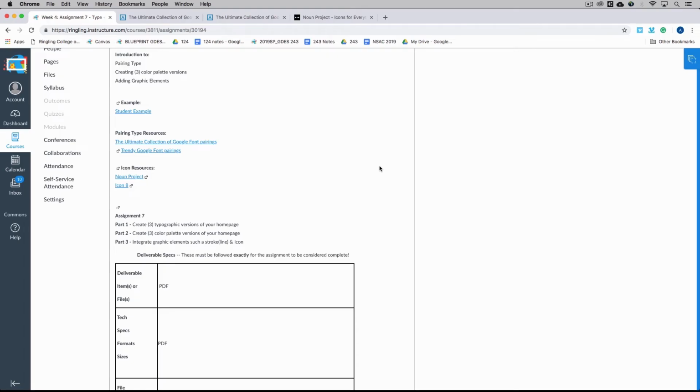Okay, everyone at this point has 3 different mood boards. And those mood boards have defined image, color, and you used adjectives to define the overall possible personality of your website. Now we want to use the Google font pairing resources on our Canvas site to start to skin in our overall design. And type is the easiest way to start to give an overall look and feel to our website. So if we click the first link,